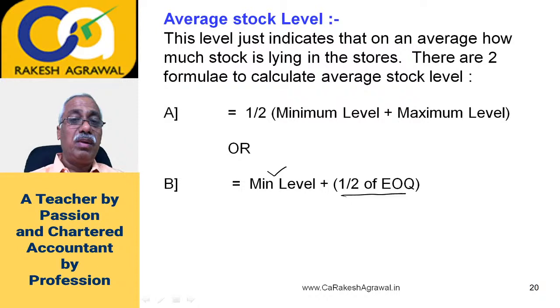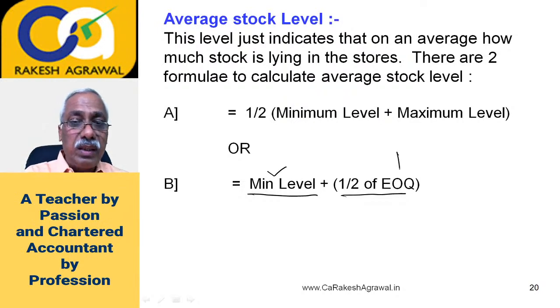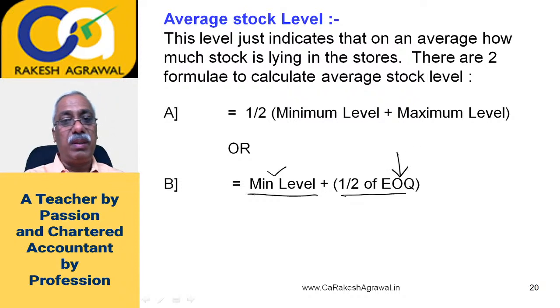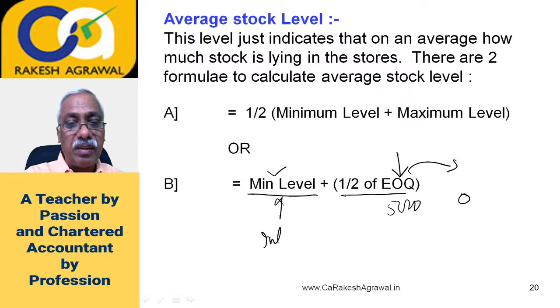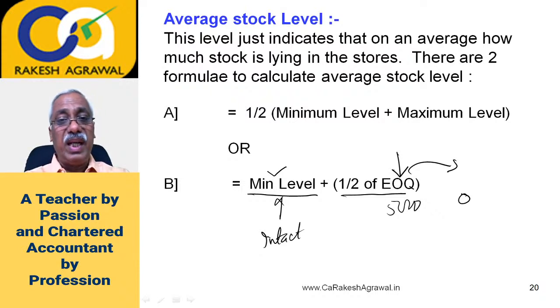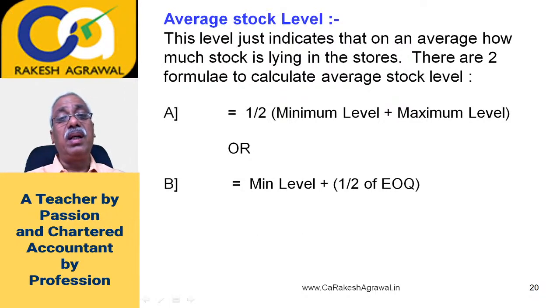What is the logic behind this formula? Some people believe that we generally maintain the minimum level, and we generally don't allow the stock to go below it. And this is the quantity which we keep ordering from the supplier. So this quantity comes, gets consumed, this quantity comes and gets consumed. So the stock moves within the ordered quantity. Suppose EOQ is 5000 units. So it will move between 5000 and 0, and the minimum level will always remain intact. That is the presumption. So 5000 plus 0 divided by 2, that is 5000 divided by 2, is the fluctuation in the stock. So they say take half of EOQ plus minimum level as it is. This is just an alternative opinion.